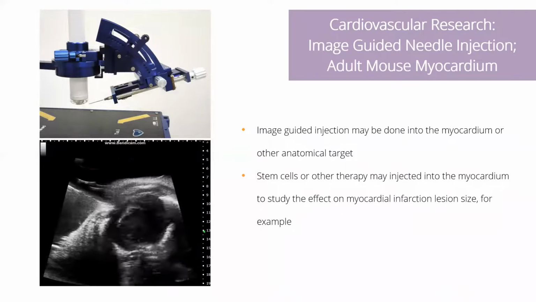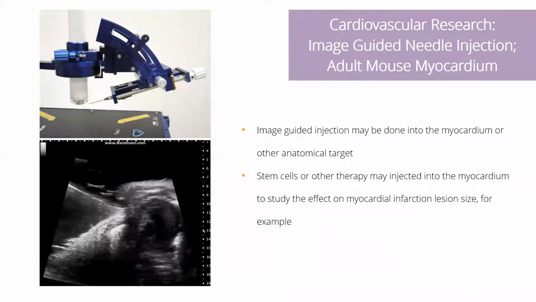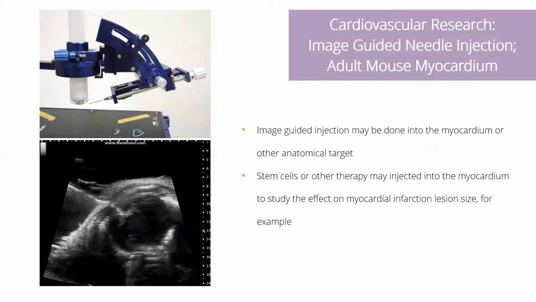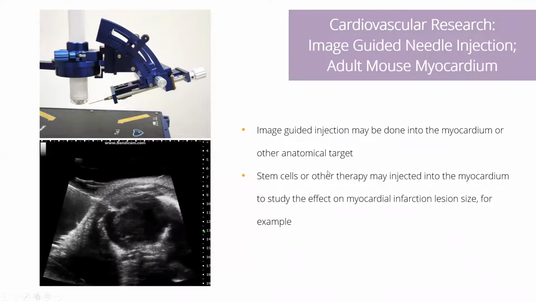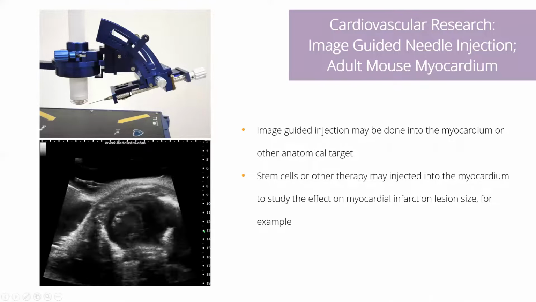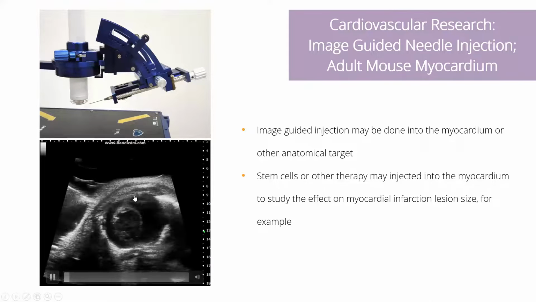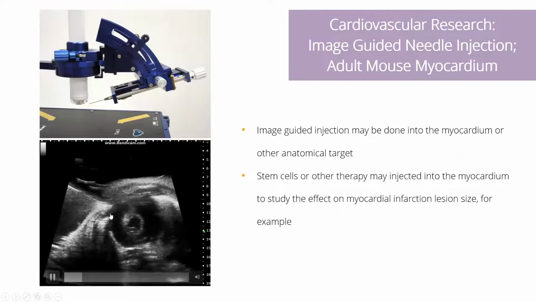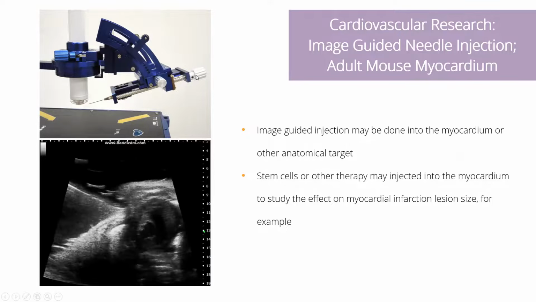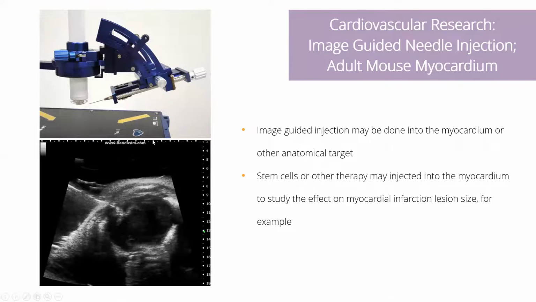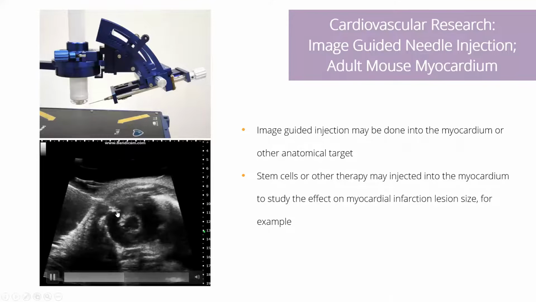Finishing up with cardiovascular research, we of course can do the image-guided injections as we talked about earlier. So again, the mount can be used with really any needle and syringe that you'd like. Here we have a traditional syringe with a steel needle, and you're basically going to image your anatomical target, here being the myocardium, advancing the needle here with the knob, and you're able to visualize that on the screen and ensure that you're injecting